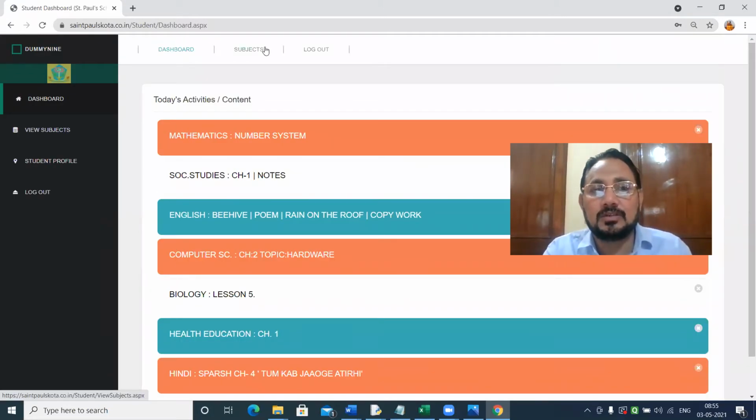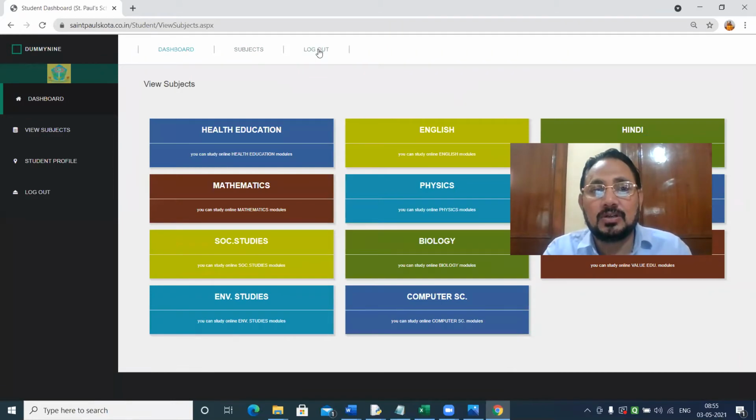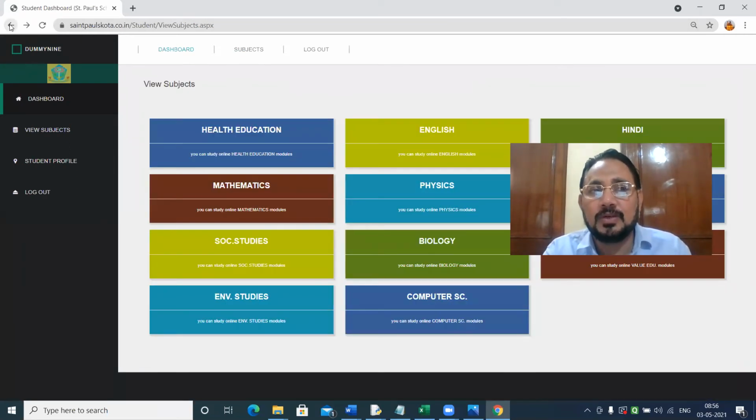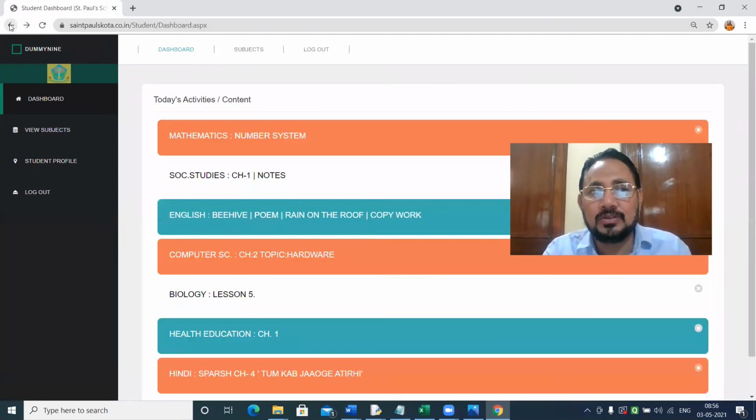You just go to the subject, log out, because here the dashboard is there. In the dashboard, today's activities are given. Understood? So whatever the activities are there will come to you, you can have a look at it and then work on it. So hopefully this part is clear to you.